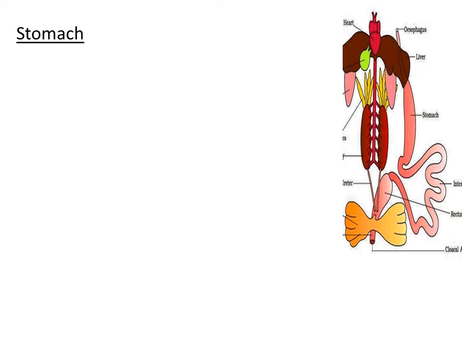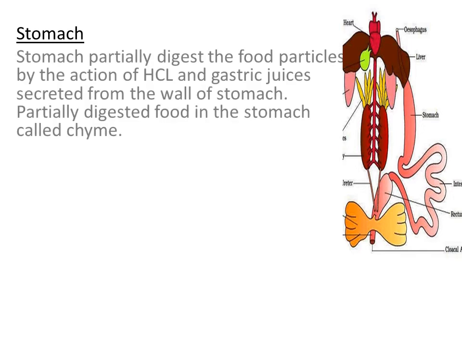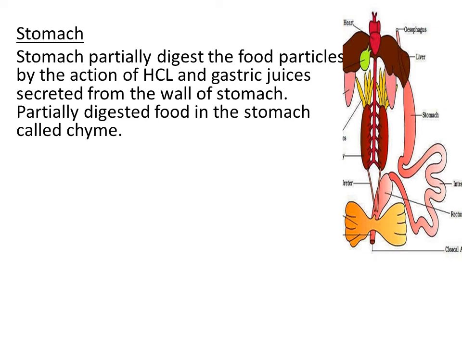So in the stomach, the partial digestion of food takes place with the help of HCl and gastric juice, right? The wall of the stomach actually secretes gastric juice. So this gastric juice with the HCl helps in the partial digestion of food. The partially digested food in the stomach is called chyme. So chyme is nothing but what? Partially digested food. That means somewhat the simplification of food takes place in the stomach by mixing with HCl and